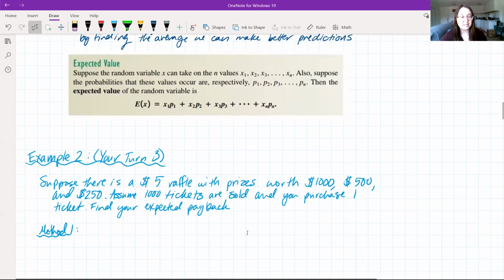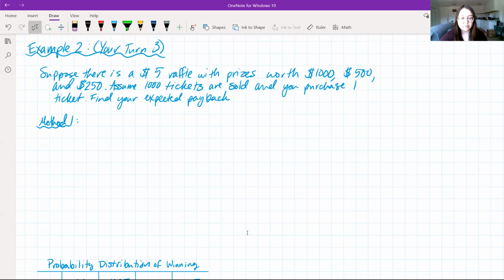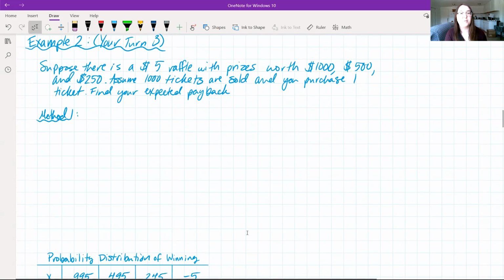All right, so let's put this into practice here. We have example 2. Suppose that there's a $5 raffle with prizes worth $1,000, $500, and $250. Assume 1,000 tickets are sold and you purchase 1 ticket. You want to find your expected payback. What we're going to do here is highlight 2 different methods on how to do this. So for method 1,